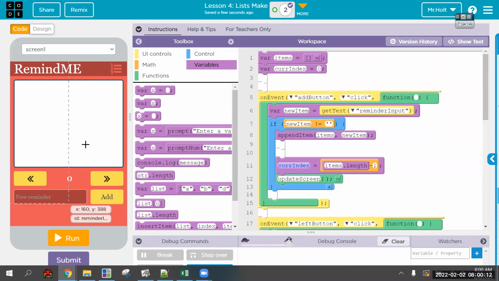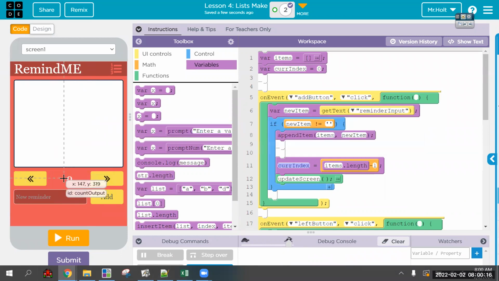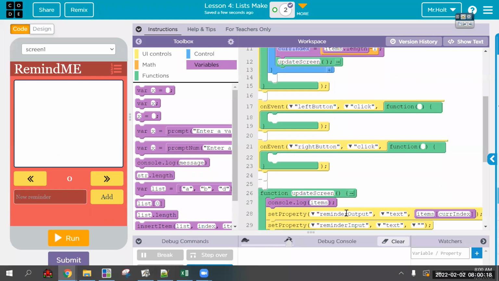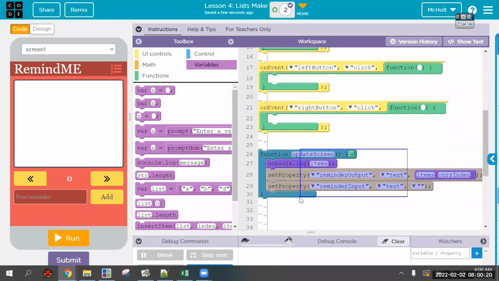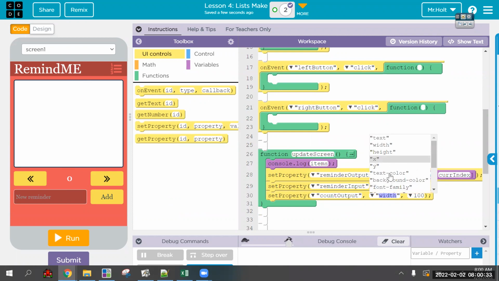We do need the ability to control back and forth with our left buttons, but I want to deal with the counter output first. And that's something that needs to be updated anytime something happens. So it's going to go in the update screen. Let us set the text of count output, set its text to,